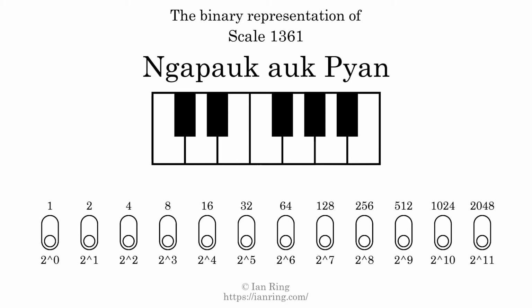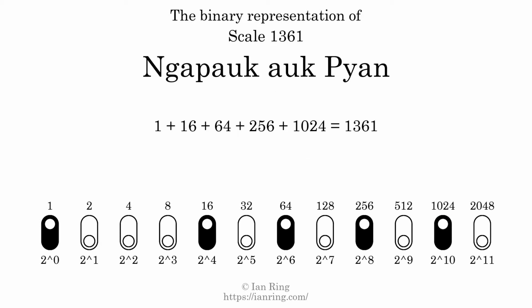The binary representation of this scale is determined by mapping tones of the scale to binary digits. Each binary digit represents a power of 2. To get the scale number, we add the powers of 2 together. The powers of 2 that are present in the scale, all added together, equals 1361. That is why the scale number, in decimal, is